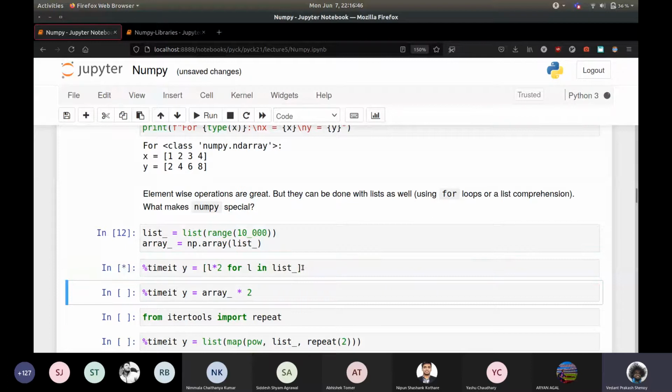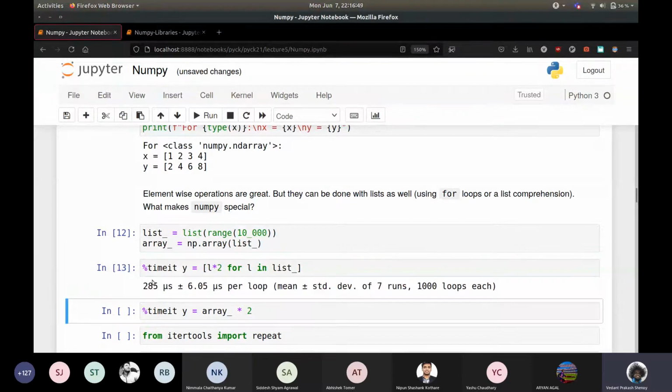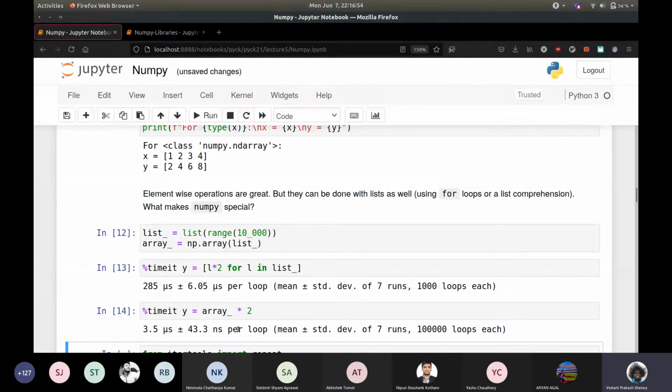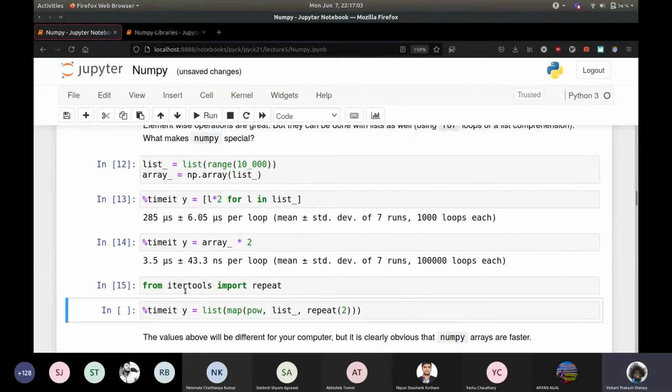Okay, so you can see that this NumPy element-wise operation is about 100 times faster than the for loop. Of course, you can also use map if you really want to. But if you do that, it's again slower, because you have to convert this iterable to a list and so on.